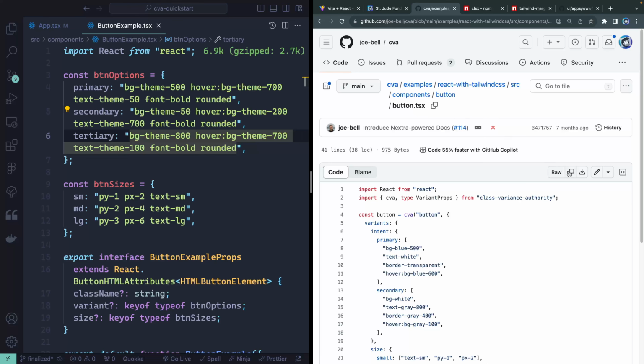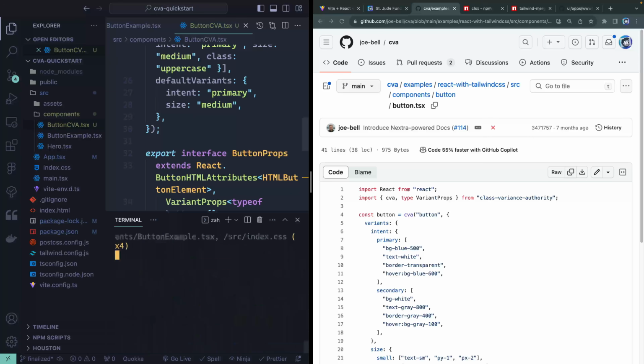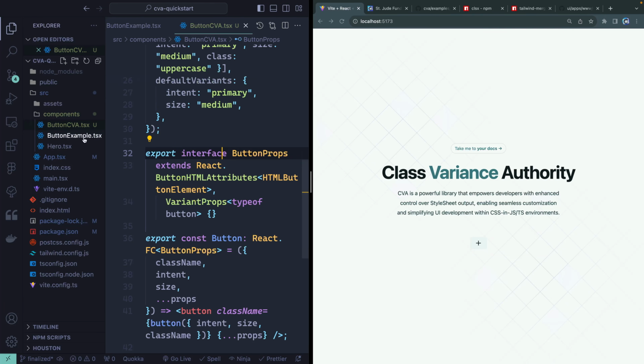So let's go ahead and copy this just like this, and I'm going to come over here and do like button CVA or something like that, .tsx. All right, and then we'll just drop all this in here, and let's go ahead and get this back up and running with npm run dev. Okay, so if I pull this up over this way, you can see we've got that plus that we started